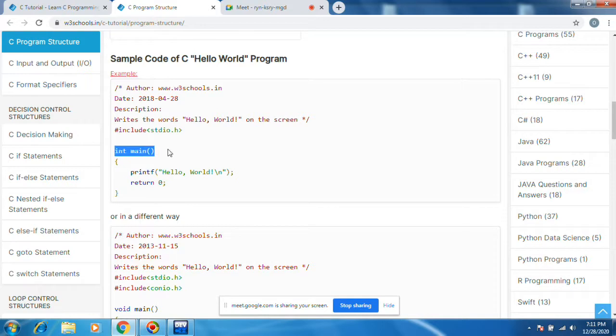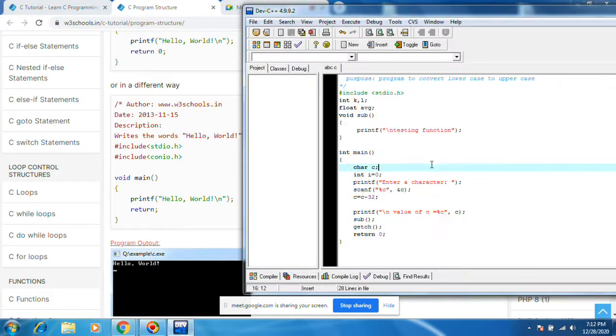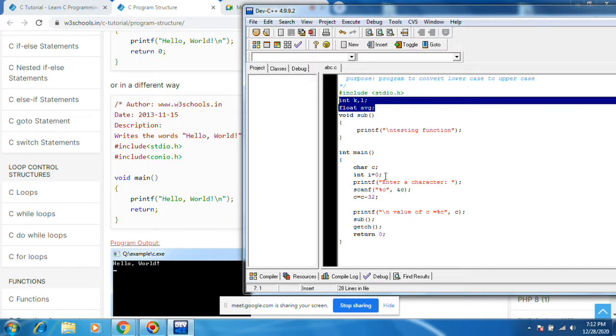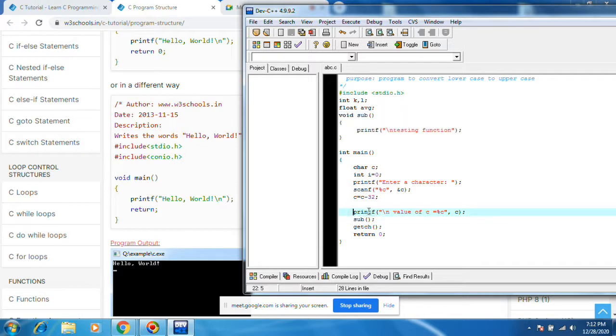This is the main function printf. And then here nothing. Now I have explained with this clear example what are the global variables, what are the local variables, what are functions, user defined functions, how to call functions, how to call functions using parameters. These are parameters passing to the printf function.